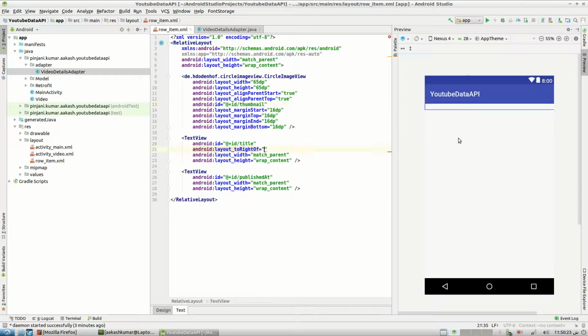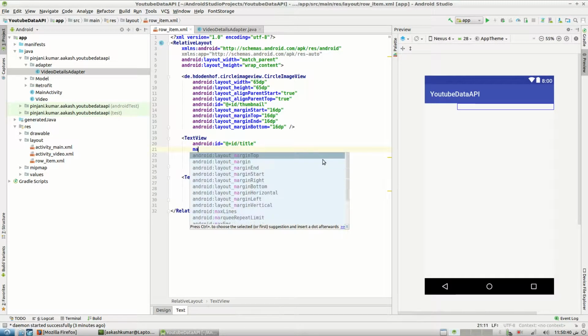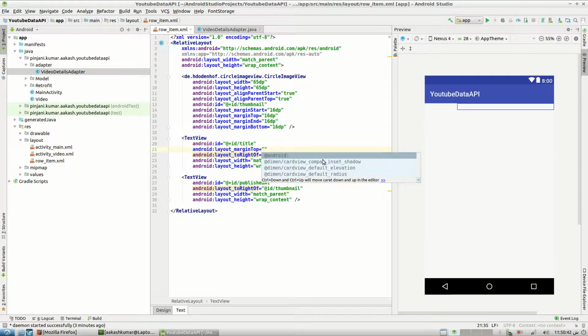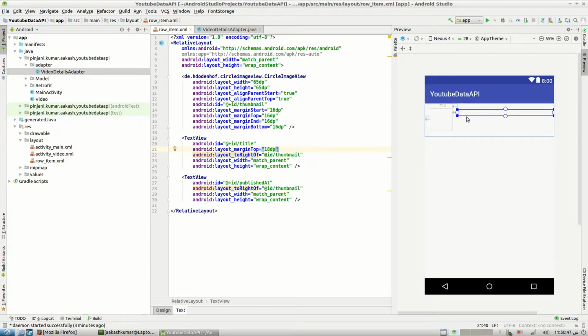Alright, and to the right of thumbnail, similarly we would have this over here, and margin top of 18 display pixels. You can make that a 20, and we can drag the second text view just beneath the title text view,